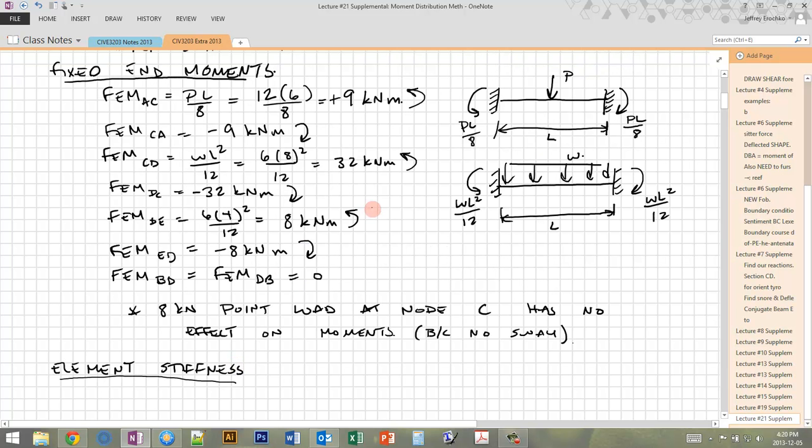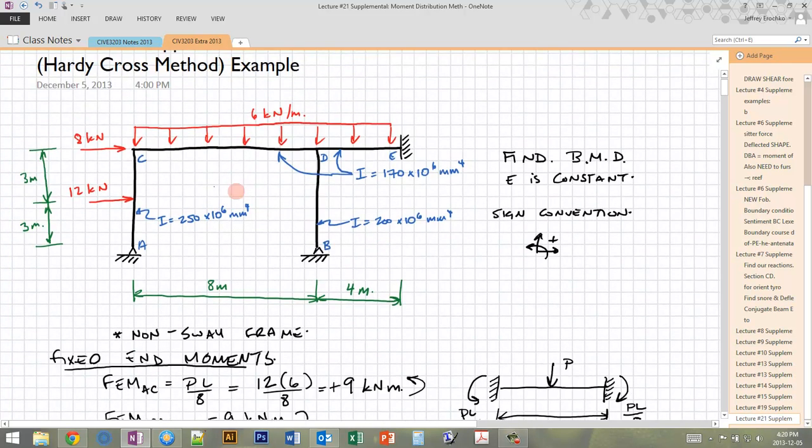So the next step in the analysis, the other input we need for these moment distributions, is to find the distribution factors, which is how, if we add a moment to a joint, that moment is going to be distributed between the different members that frame into that joint. And that moment is always going to be distributed on the basis of the relative stiffness of the members